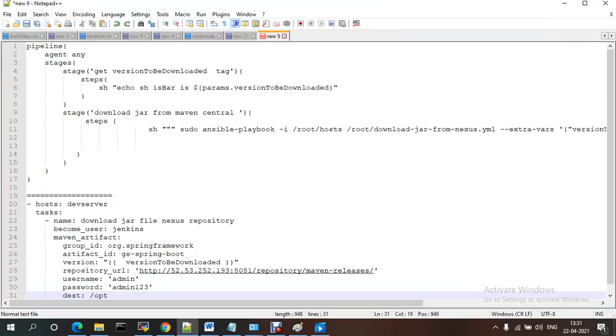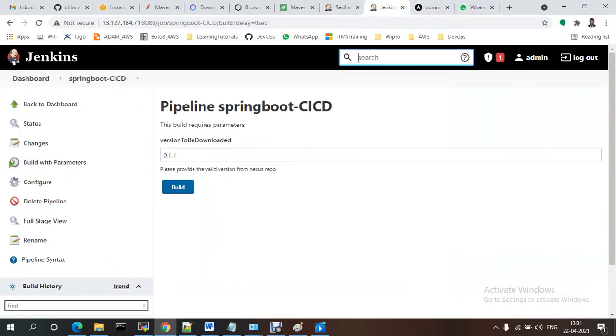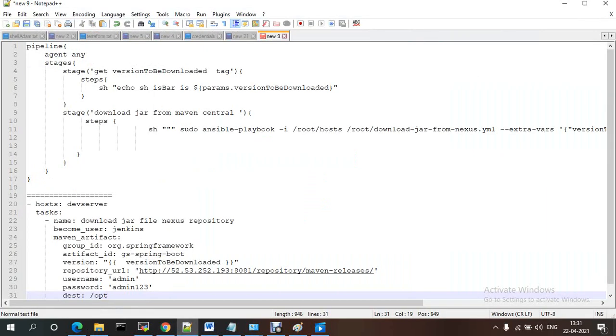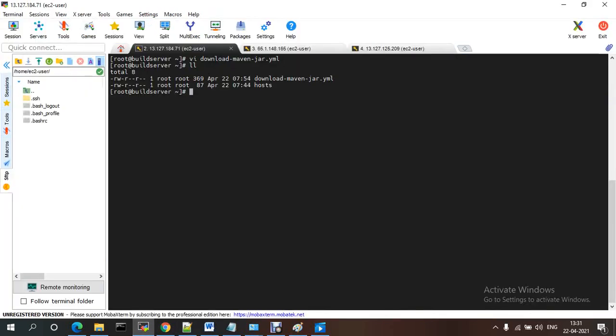And this is the playbook. Whatever version you gave under Jenkins, version to be downloaded, you just need to provide it here, params.version to be downloaded, and provide the playbook name, download Maven.